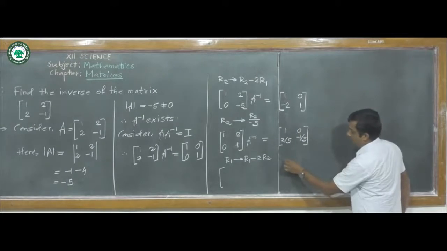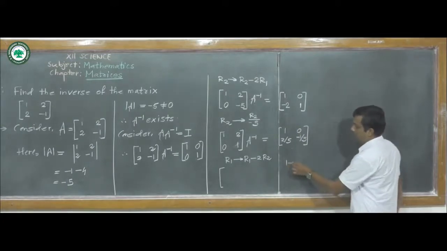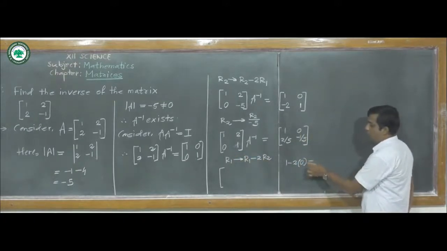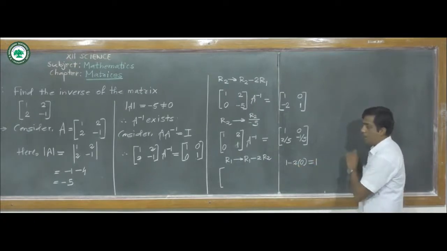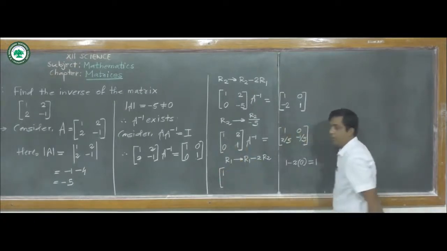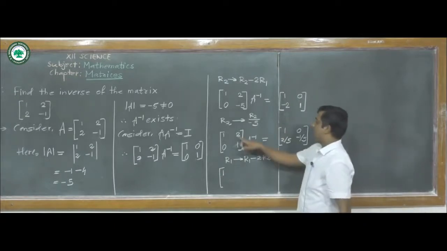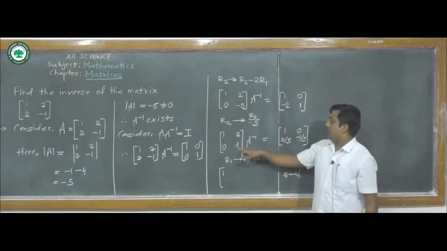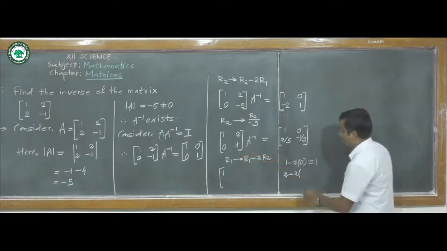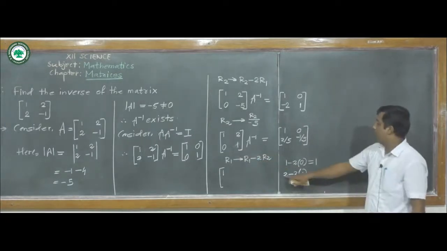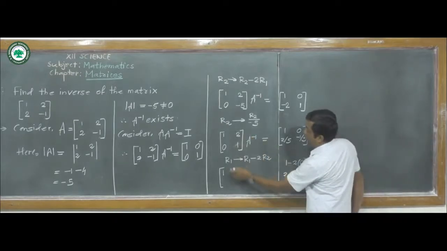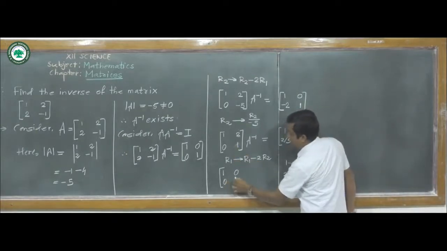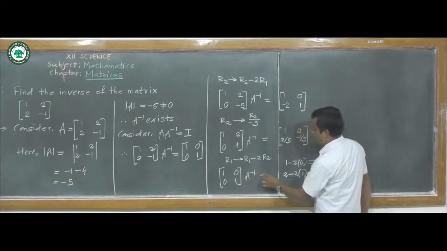In the first row, the first element is 1, then with minus 2, the first element from row second is 0. This is equal to 1 minus 0, which is 1. So in the position of 1, we have 1. Next, the second element from the first row is 2, so 2 minus, now we consider the second element from row second, which is 1, and 2 minus 2 is 0. So in the position of 2, we have 0. Now we keep our second row as it is, 0 1 as it is, into A inverse is equal